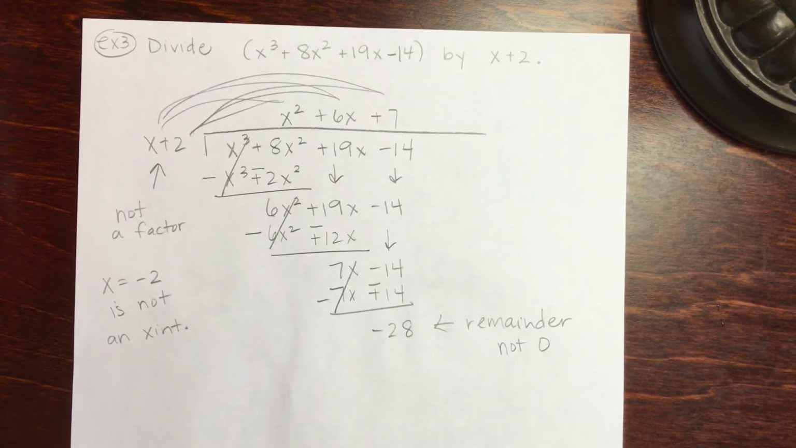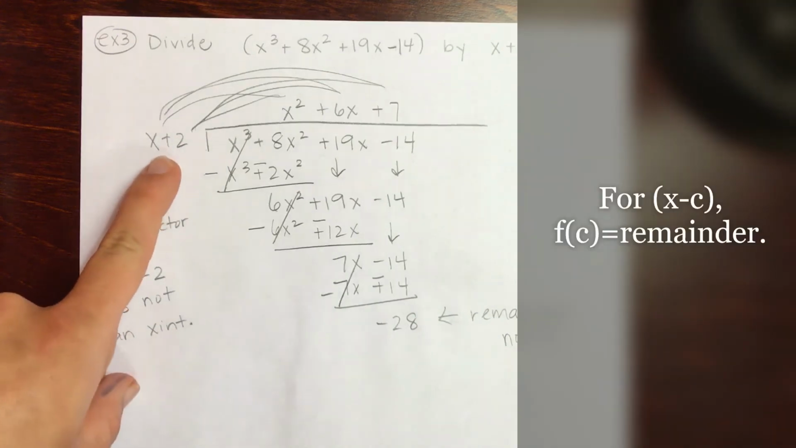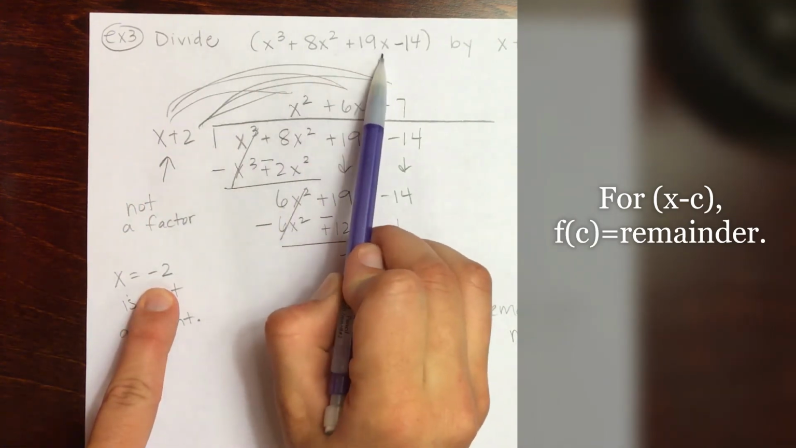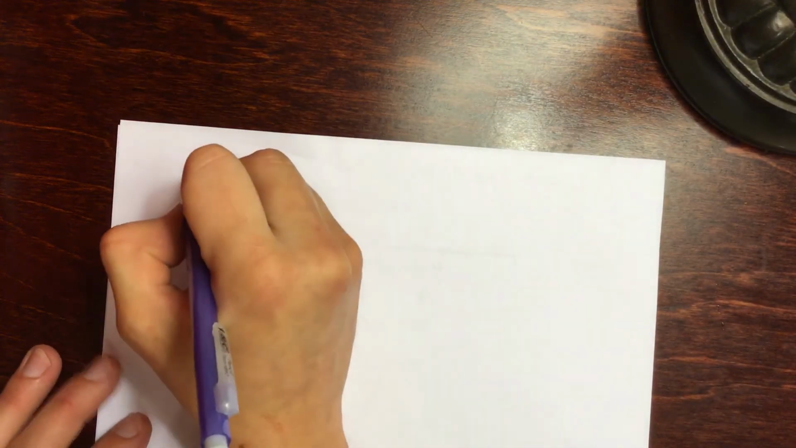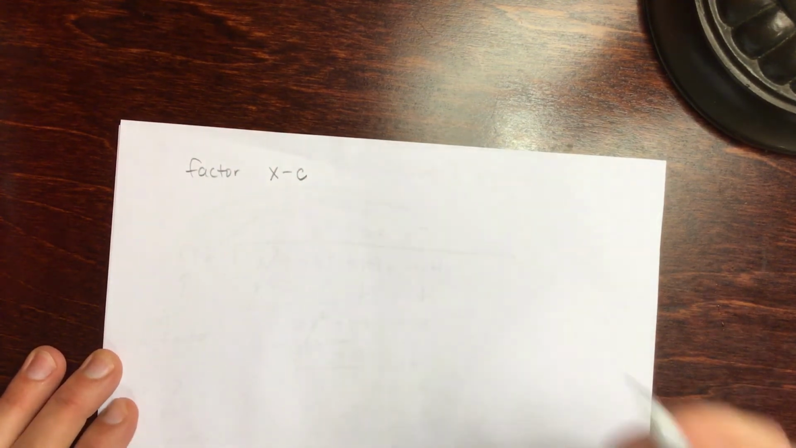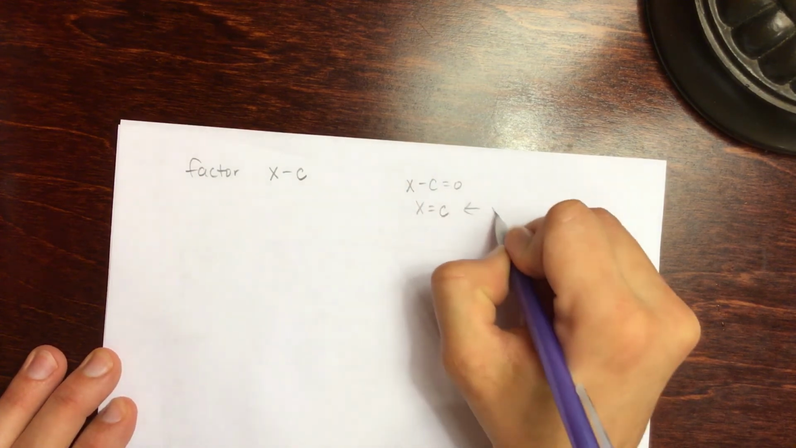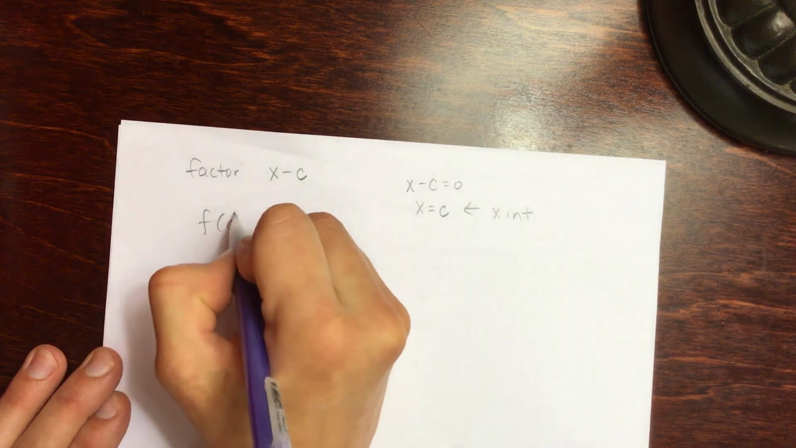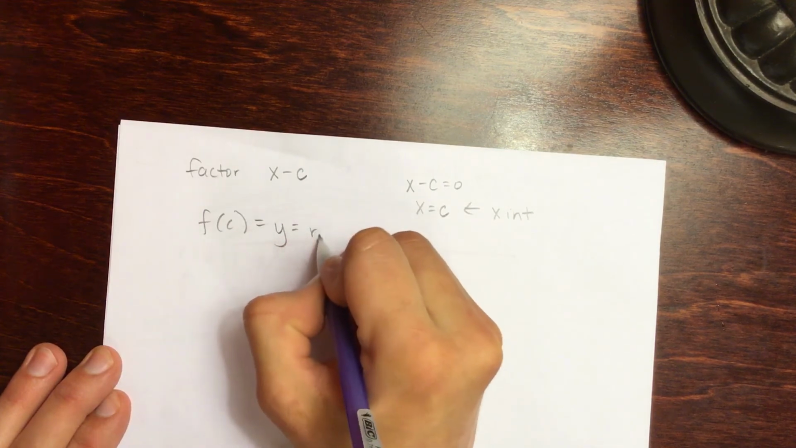Okay, so there's a quick way for us to check our work here. There's something called the remainder theorem, and that is any factor that you have, if you sub in the x-intercept into the original equation, it should equal the remainder. So for some factor, x minus c is our factor. If we set that equal to 0, then x equals c is our x-intercept. All right, so if I sub c into the original equation, whatever y value I get is going to be the